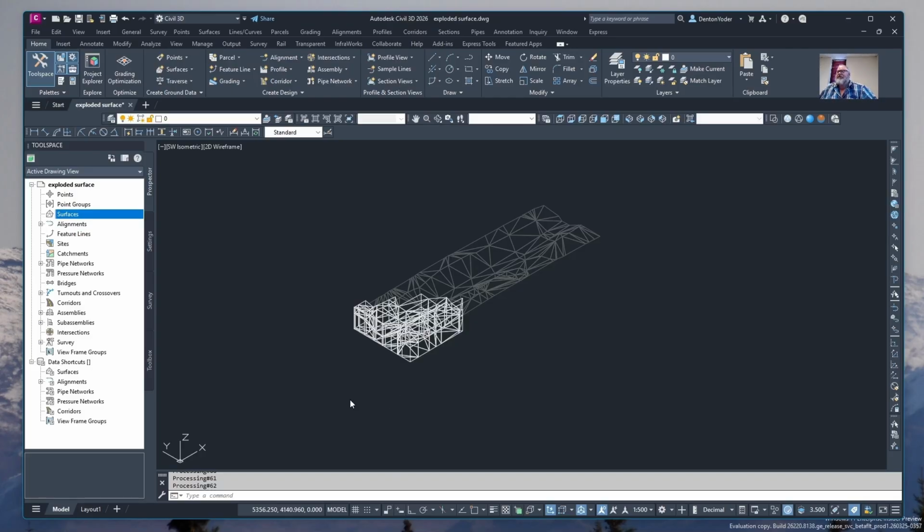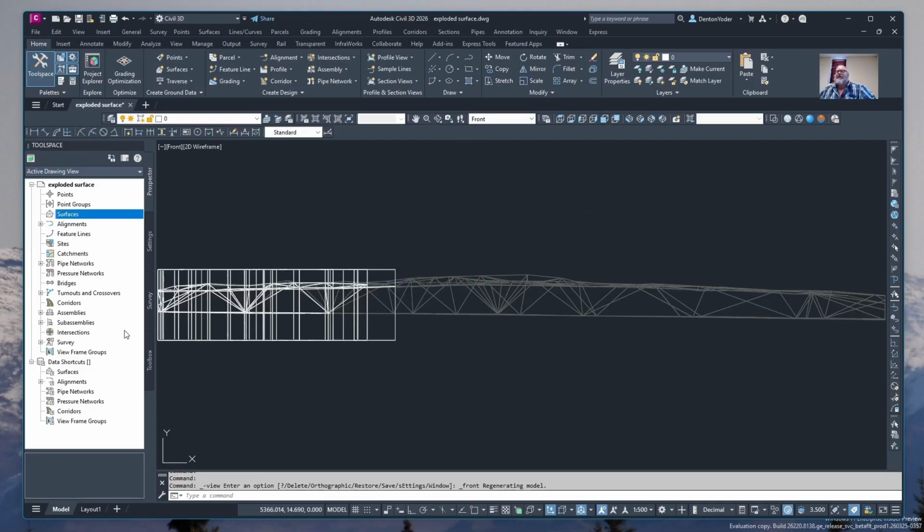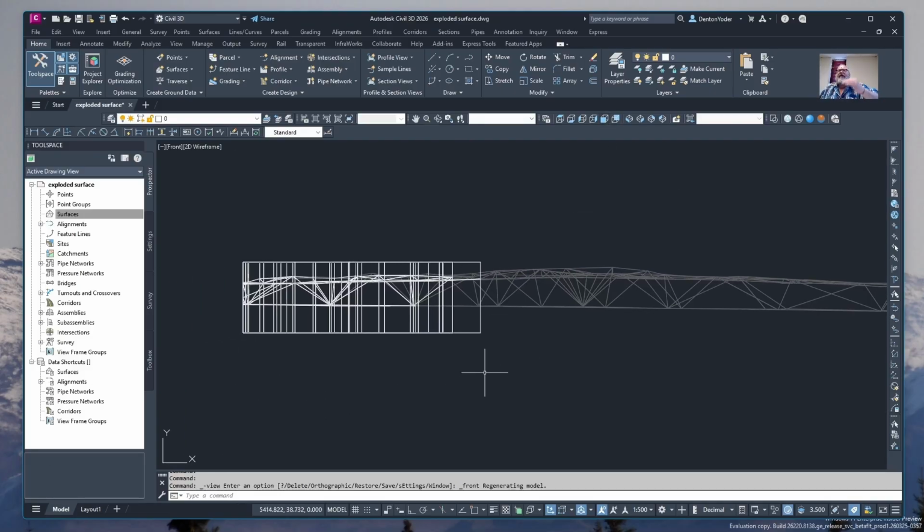I should have paid attention to how many I grabbed. Looks like it is, I think, done, because I'm able to move. Okay, so if I go to a front view, I can see I have solids,